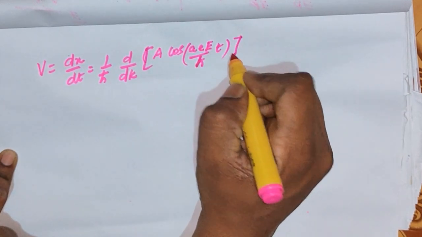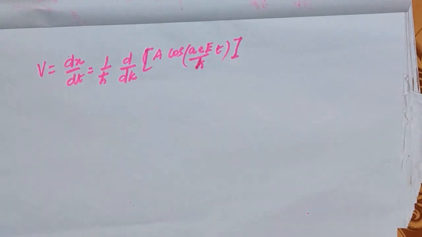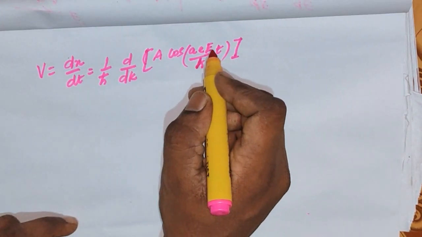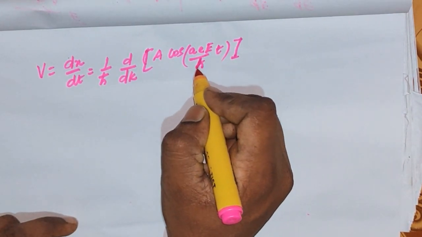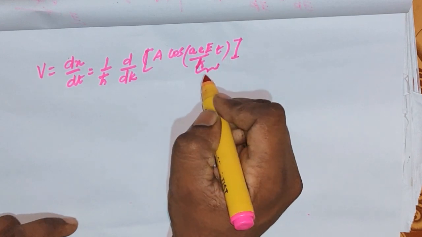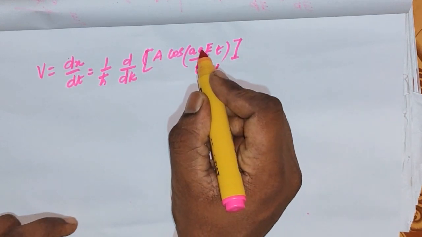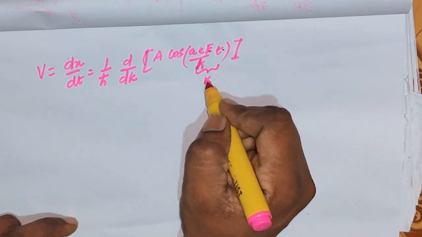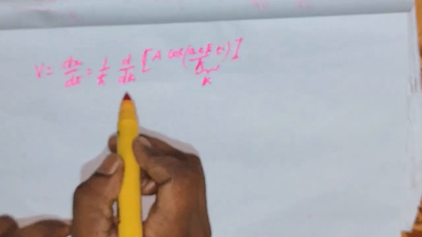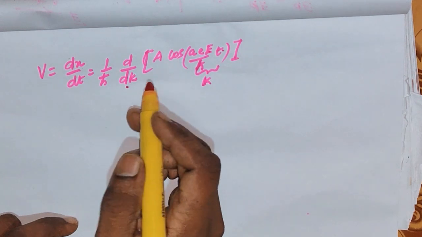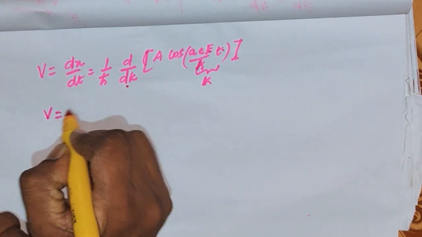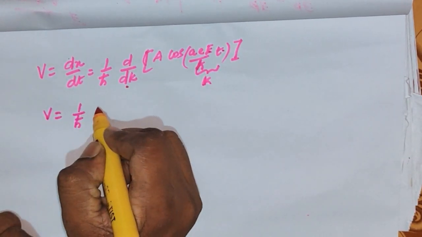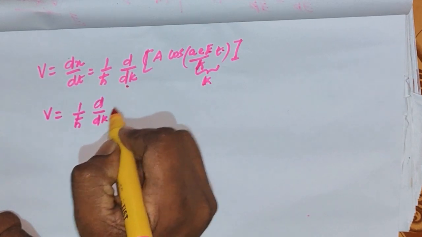Right now we don't want the variable t, so we call this k. That means the charge of the electron times electric field divided by h cut is equal to k, because here the derivative is dk. That's why we write the velocity as 1 by h cut d by dk